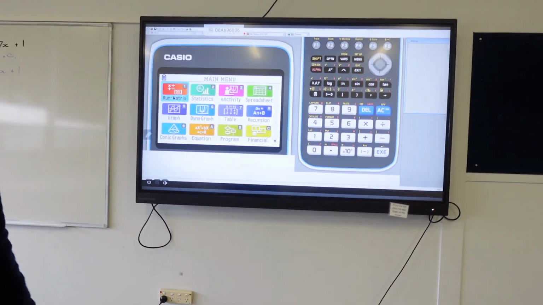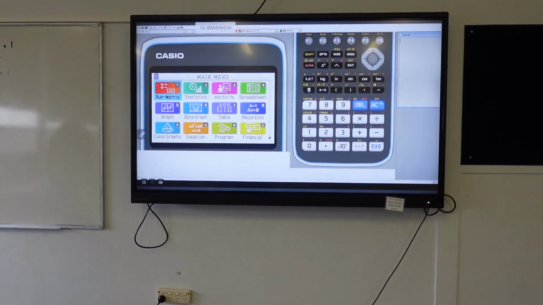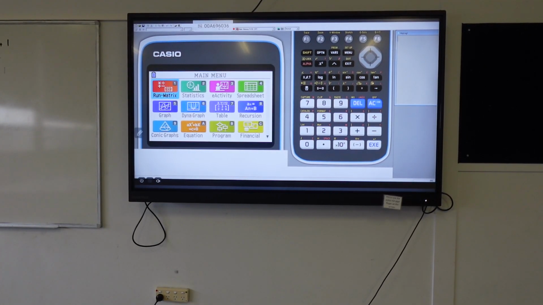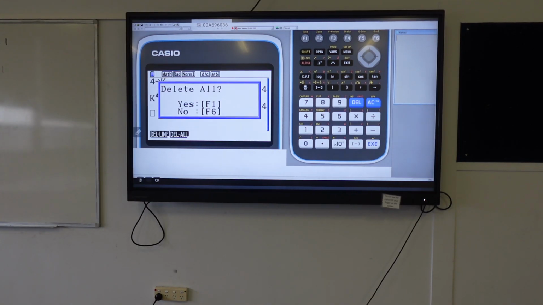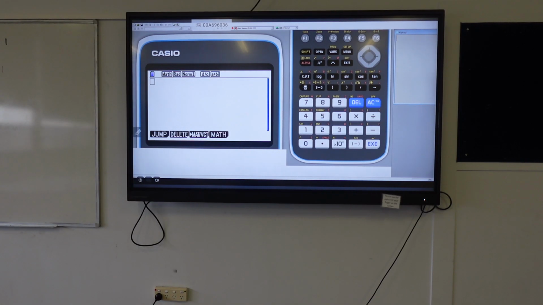So we bring our calculators up and we have to go into run matrix mode. We do this top screen, just hit 1, and we'll clear all of that memory because it's a new question. Now it's a matter of using solve n. So options, calc, and then solve n. From there, we're going to type in our equation. So we're going to go 0 equals,